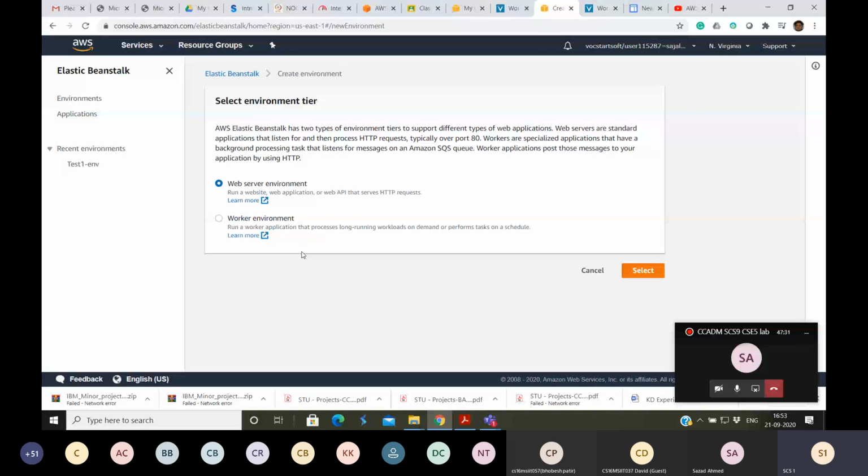Now, if for your web application you need other application support of AWS, in that case you should take the worker environment. It means if, within the Elastic Beanstalk, I need push notification services or email notification services also embedded with this one, so that